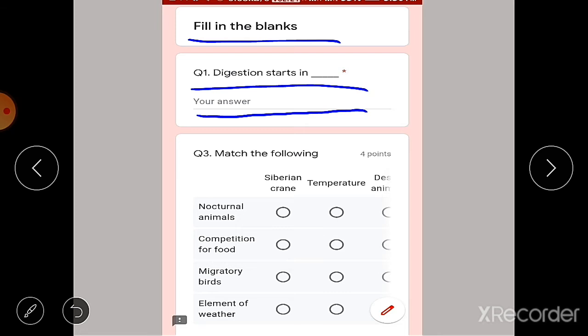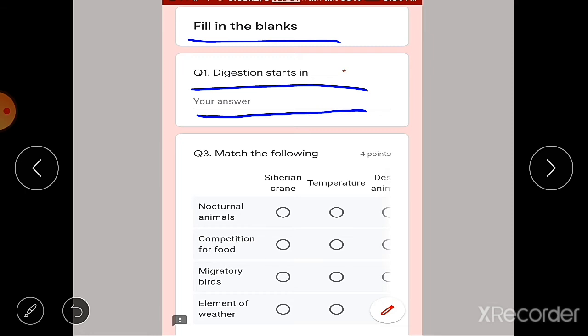But here you have to remember one thing: your teacher will inform you before you start the test, or instructions may be written here in the test paper. So why are these instructions given? Before typing, you see that an instruction is there. Sometimes the teacher may ask you to write all the small letters in your answer, or to write all the letters capital, or only the first letter capital and other letters small.